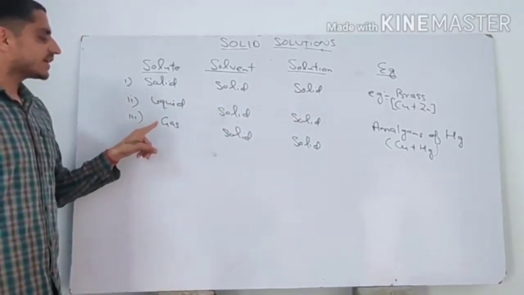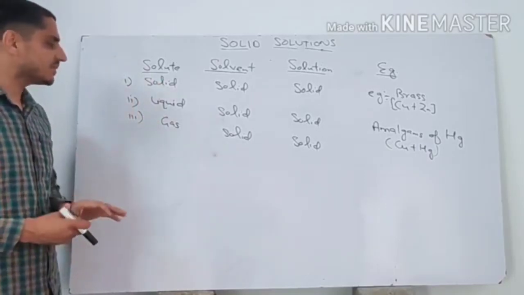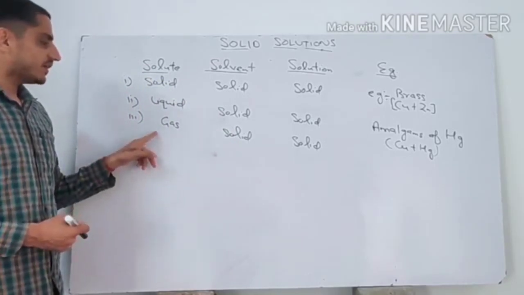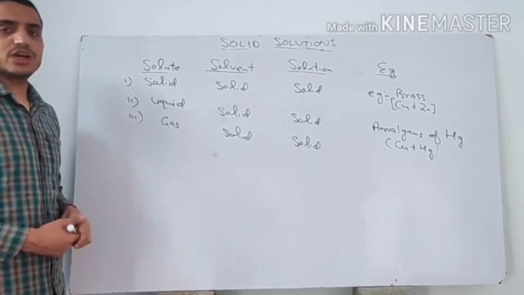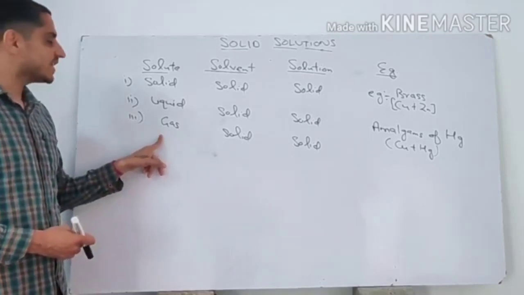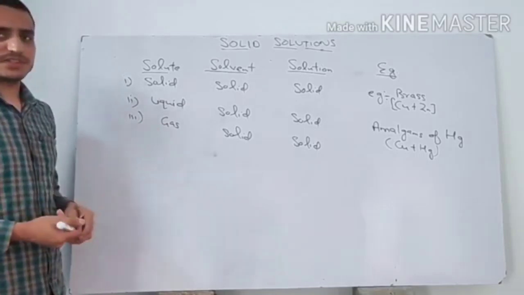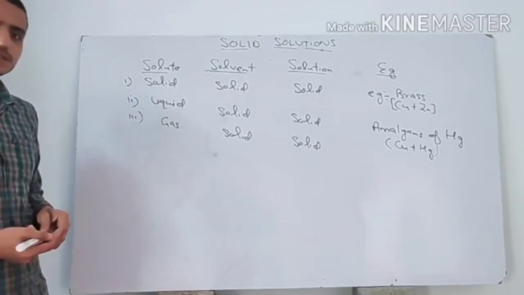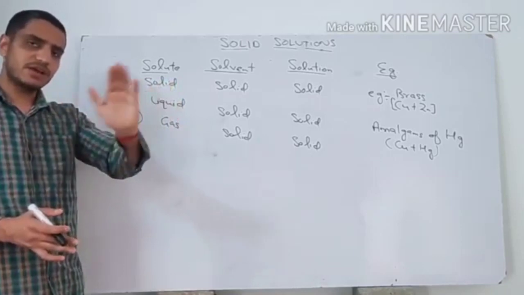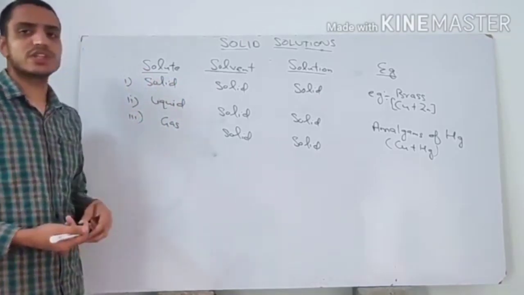Now the last example is gas in solid. So there are various examples where gas is mixed in solid. For example, in the last class, in the chapter Hydrogen of class 11, you may have heard that hydrogen gas is stored on the platinum surface. Means hydrogen gas gets absorbed on the surface of the platinum, and there it is stored, because it is very difficult to store gases.